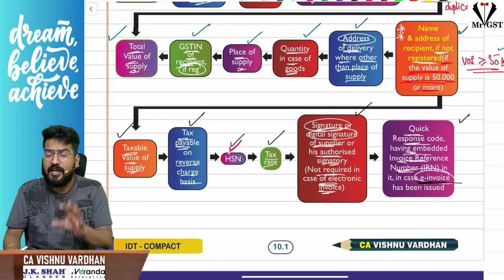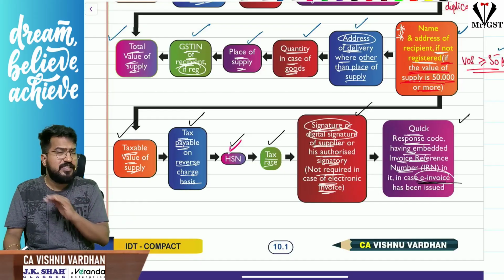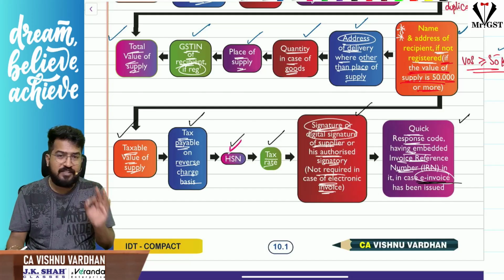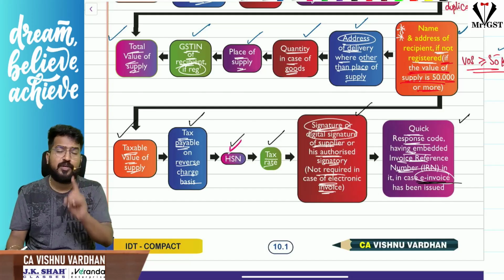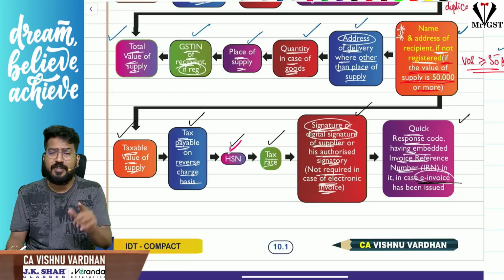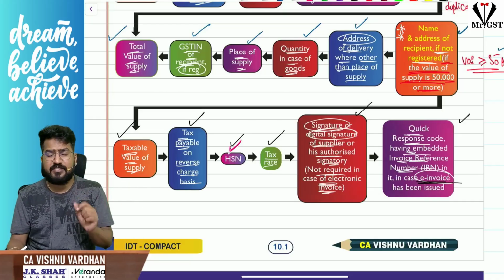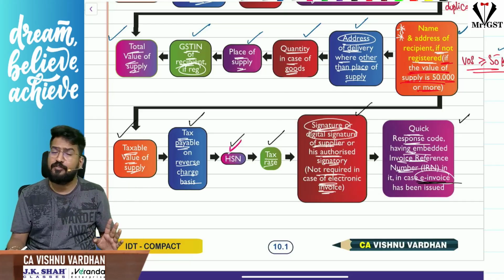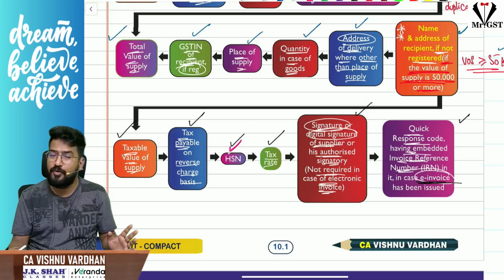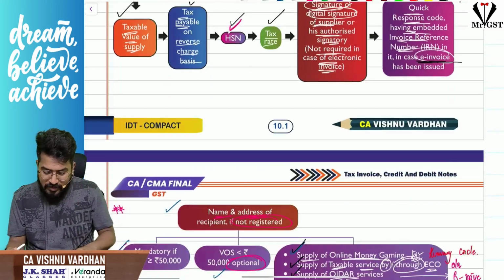concept. Okay, and remember always, an invoice is not valid without the invoice reference number, IRN. An e-invoice is not valid without IRN. So in some problems you will be getting some invoice without IRN and all that stuff. On that you cannot take ITC because it is not a valid invoice. It is not a proper document to give you ITC. That please remember. These are the particulars of tax